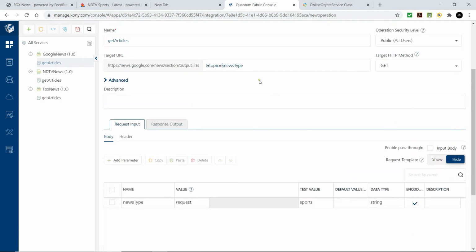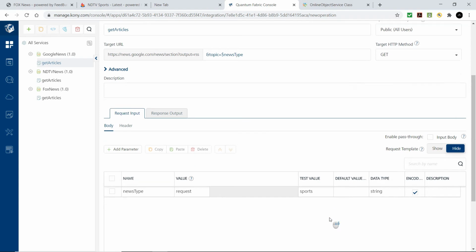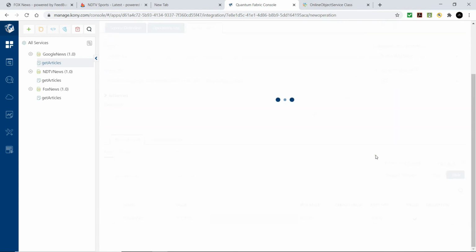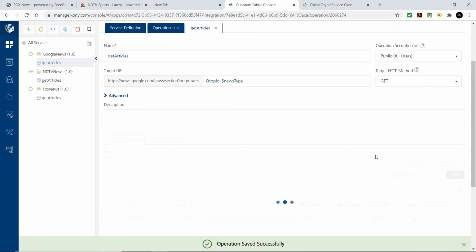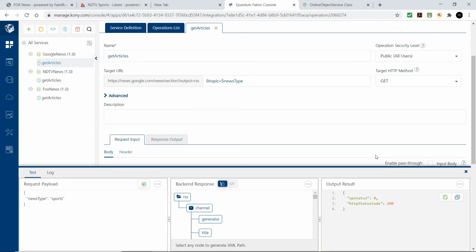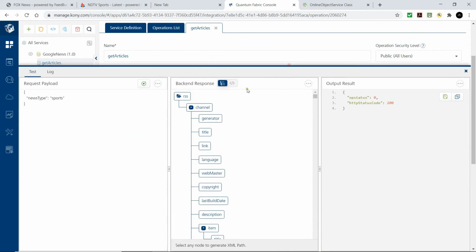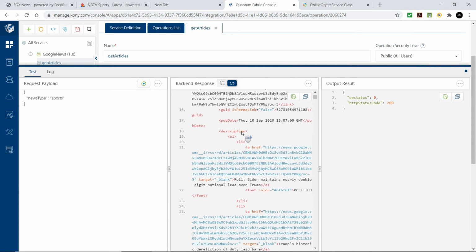We are defining news type as an input parameter and passing the test value as per the Google News feed recommendation. This is how the backend response looks like.